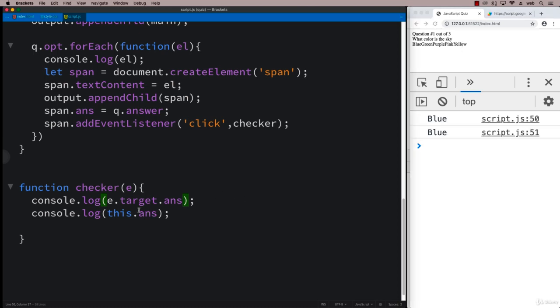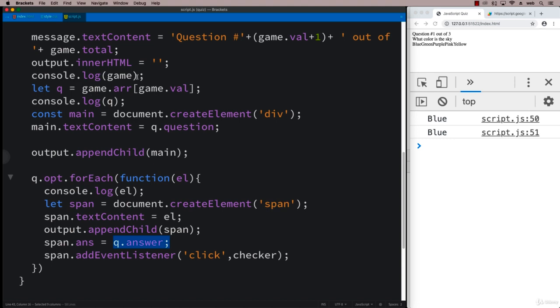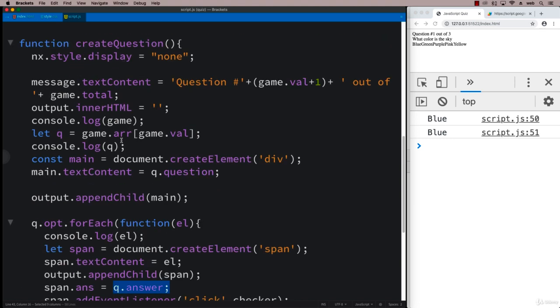So either way that you select it, you can use the eTarget answer or this answer. And this is referring to the object value of ans that we set here. And we got the Q answer value as we were looping through the elements. And this was provided when we selected that main question object here under Q. So when we go to Q, we got the game array. So this is coming from the global array of game data, and we're selecting the particular item using the index